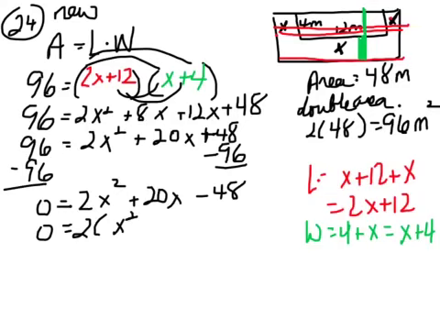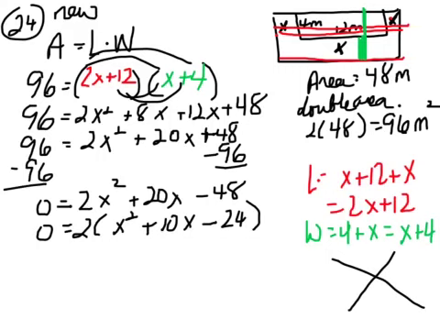So if I divide the 2 out, 2x squared divided by 2 is x squared. 20x divided by 2 would be 10x. 48 divided by 2 would be 24, and it's a negative. So when I'm trying to solve this, I'm thinking, okay, I'm trying to multiply to get negative 24, and I'm trying to add to get that 10 in the middle. What would work? Well, I know 6 times 4 is 24, and when I add them, I get 10, but I need,